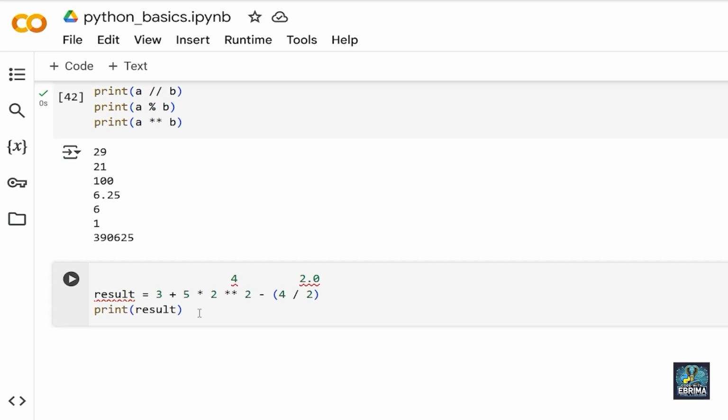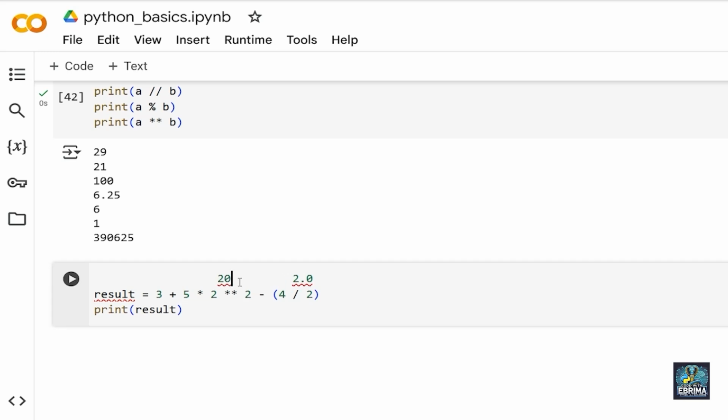Now, the next level of precedence is the multiplication and division. Remember the floor division and the modulus operator are also at this level. However, here we only have the multiplication. So here is 5 times, and remember this 4 here, because it was 2 to the power 2, 4. So 5 times 4 gives us 20. Now I'm going to replace this 4 with 20.